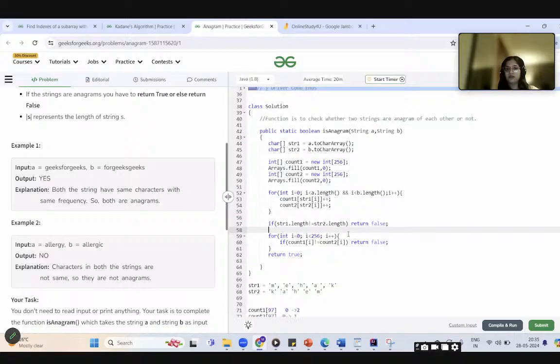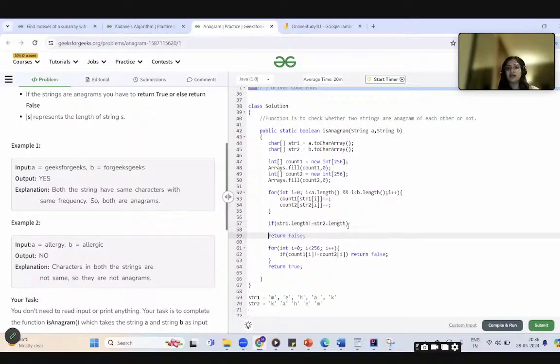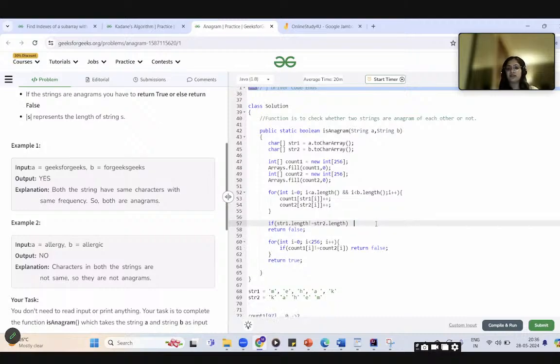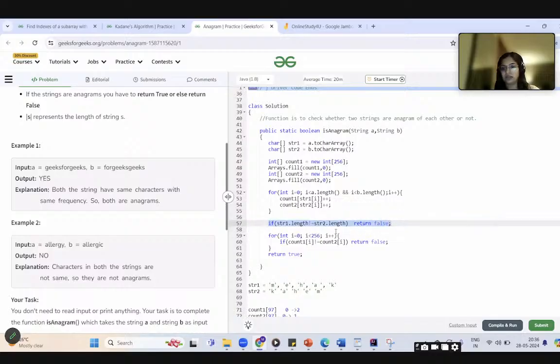Now you might be wondering why I have not added curly braces with the if block. If there is just one statement, then curly braces are optional, and that statement should not be a declarative statement. A declarative statement is, for example, if after this I add just int x equal to 3, because then where would x be used, right? So it should not be a declarative statement, but curly braces are optional if we have only one statement. If we have any other statement after this, it will not be executed with the if block; only the first statement will be executed if we don't have curly braces.